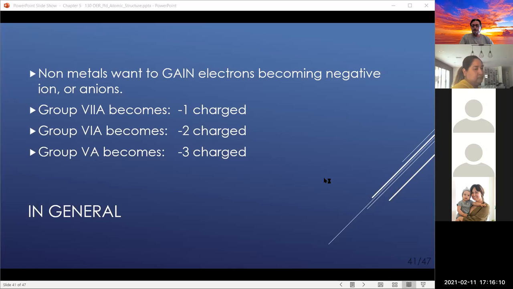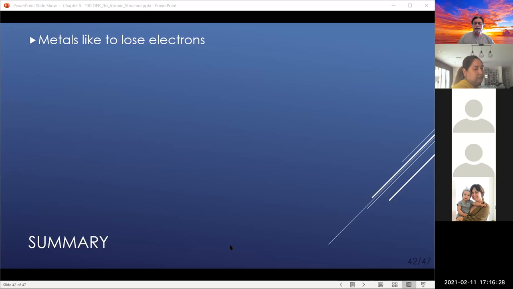They get a name change. It's only the elements in the non-metal elements that, when they become anions, change the name. The metal cations, which is what we're going to show you here in a second, the metal ions, their name stays the same. I tell you this because we're going to have a whole chapter on nomenclature, which is nothing more than naming